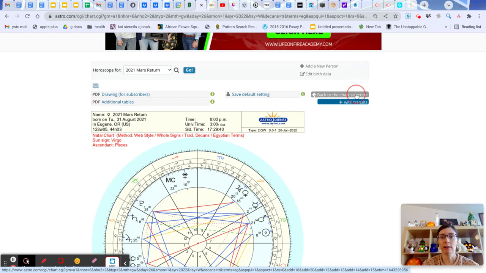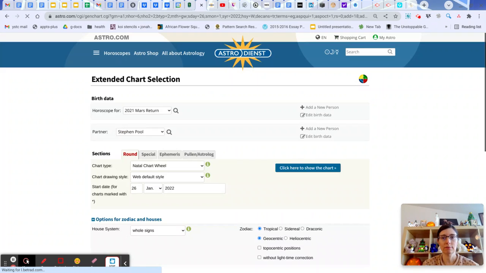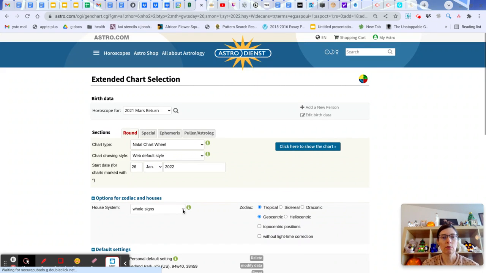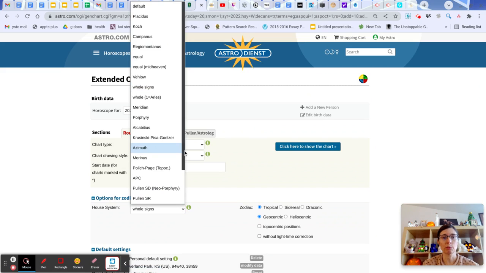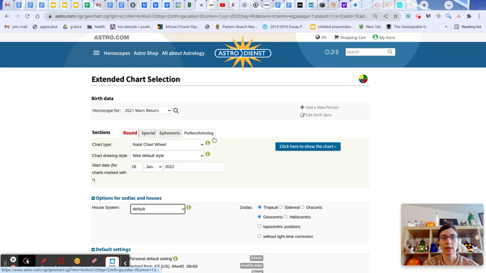Now, if you want to change it back, you go back to the chart selection and we can click on our thing. Now, there are a lot of other options here, which we could talk about later, but you could go right back to the default, which is a more modern house system. And then if I click to show the chart,